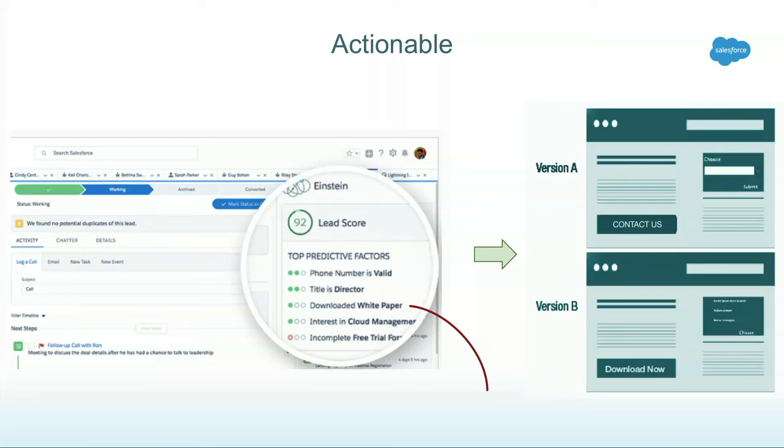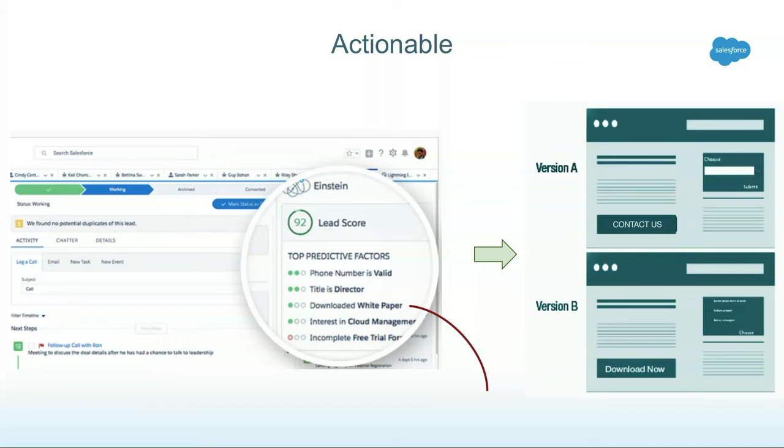So here's an example of lead score, which is the likelihood or the propensity of a lead converting into an opportunity. And what you see here, we are surfacing insights like the top factors which are responsible for your lead converting into an opportunity. So let's zoom in on factor number 3, which says downloading a white paper. This is based upon the correlation that incoming leads who download more and more white papers are more likely to convert into an opportunity. Now, this is great, and the first intuition as a result of this is, let's go and optimize my website, do whatever I can do to make sure my incoming leads download more and more white papers, with the hope that that would help increase sales.